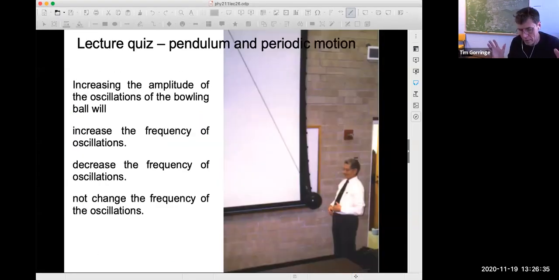Okay, the key characteristic of our simple pendulum, what Galileo noticed that made it useful for time measurements, is that its period or frequency, period is the inverse of frequency, or frequency is the inverse of period, doesn't depend on the amplitude of the oscillation. So if you remember the little video of the bowling ball, I swung it backwards and forwards at several different amplitudes, but the period was the same. The frequency was the same.